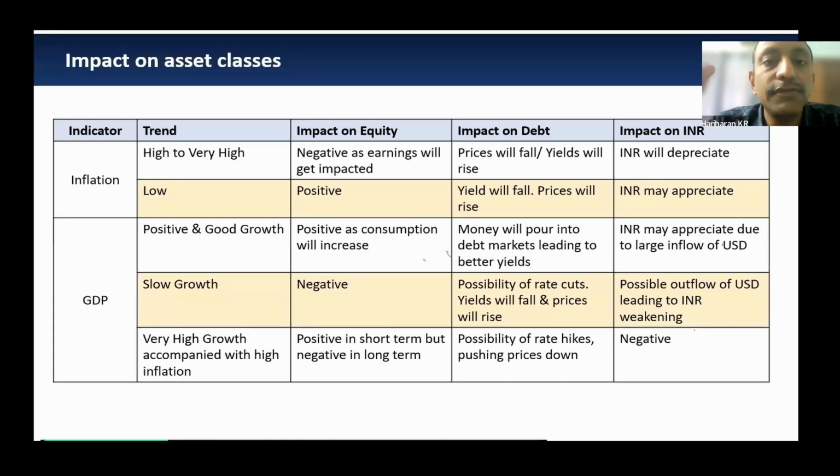So essentially, from an investment standpoint, as an investor, what do you do? We talked of these indicators, and they will be published. Inflation will be published every month. GDP numbers will be published after the quarter is over, typically about 45 days after the quarter ends. So if you have an understanding of what is happening in the Indian economy, as an investor, you can make certain decisions. What are the decisions? I'm just giving it from a discussion perspective, not necessarily that you should initiate all of that.